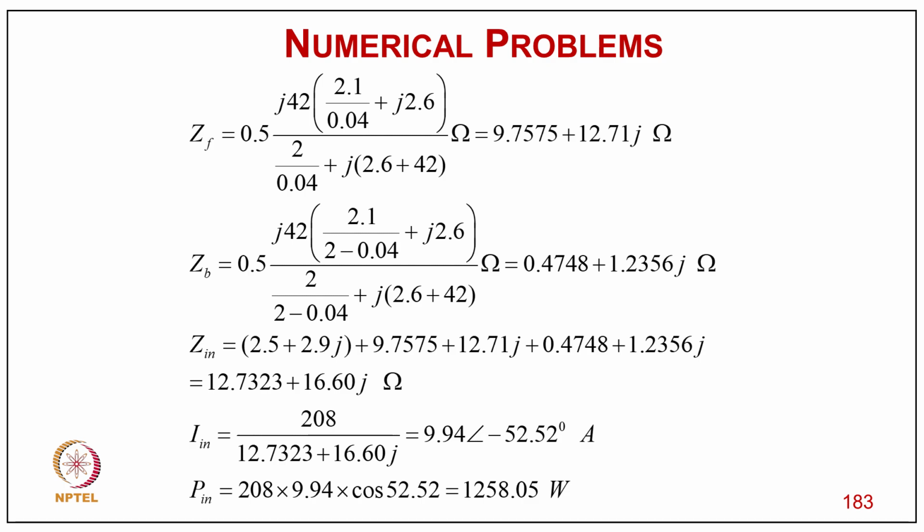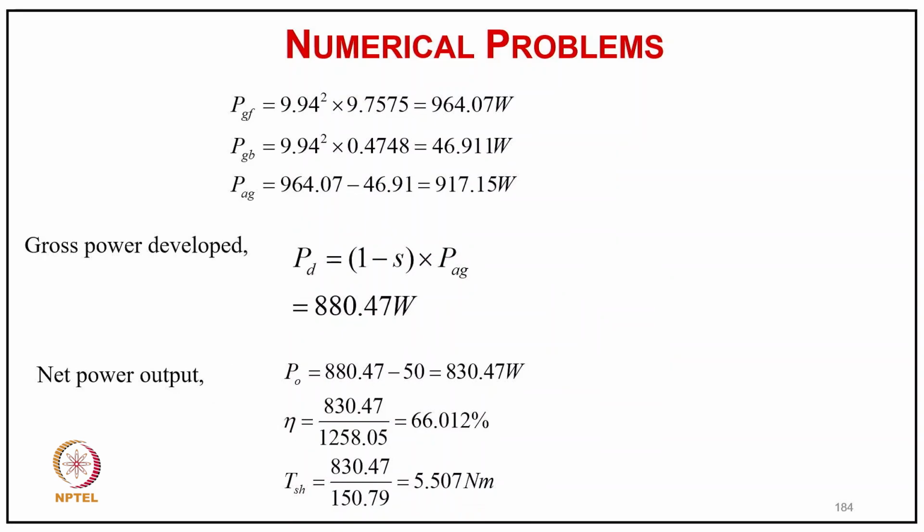And you can calculate ZF from the formula, it comes 9.75. Similarly ZB, and ZIN will be ZF plus ZB, and IN will be V upon ZIN. You can calculate this, 9.94 at the angle minus 50, and PIN will be V into IN into cos phi, that comes 1258.05 watt. And you can calculate PGF, PGB, PGF 964.46 watt, and PAG equal to PGF minus PGB,